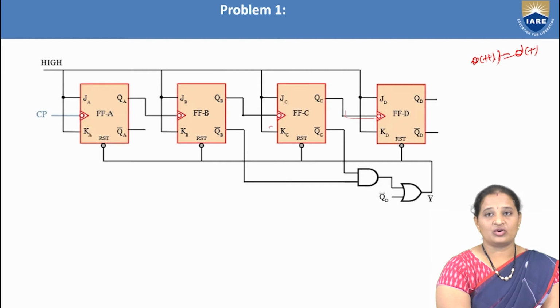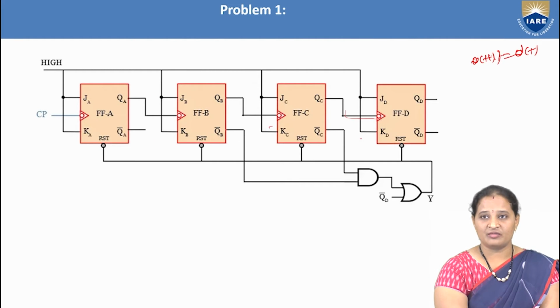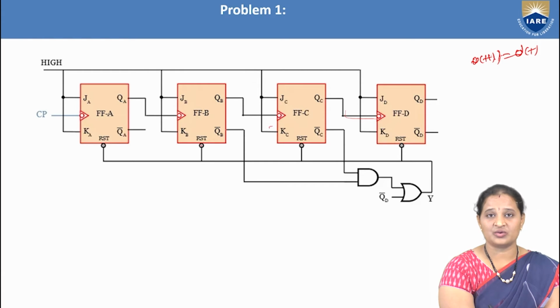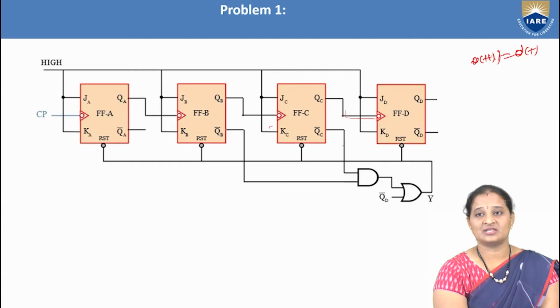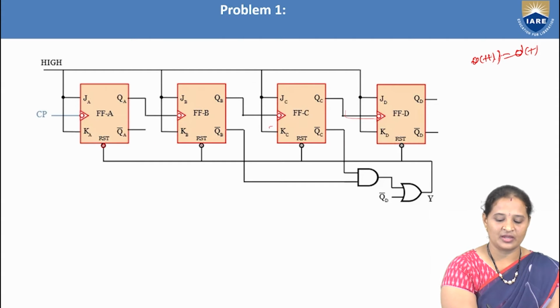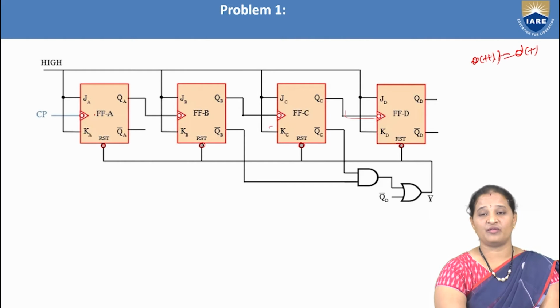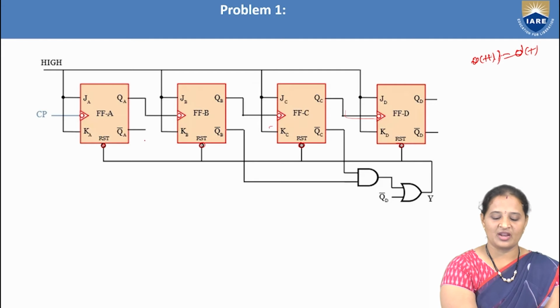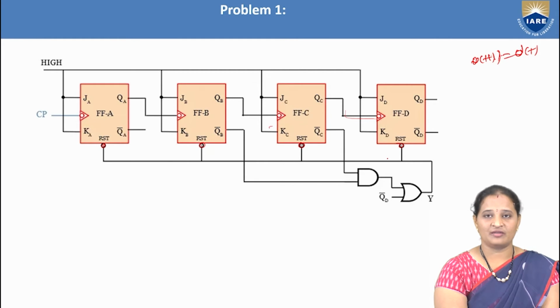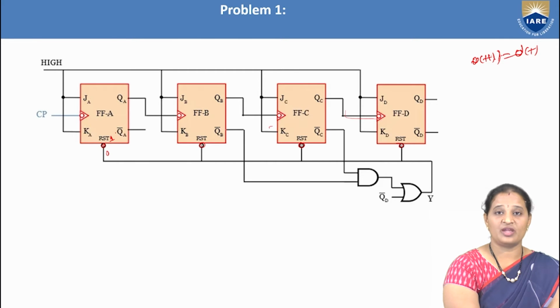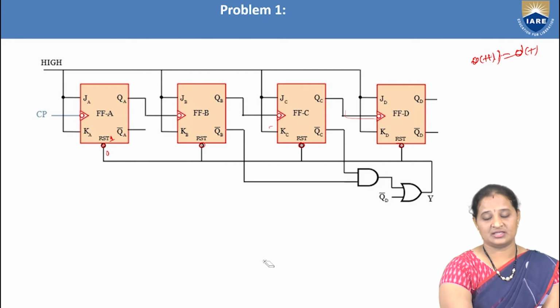And now we have the outputs, right? So we have another input to the flip-flops, which is reset. Reset is also known as clear, which clears the flip-flops. And as I told you, I am considering the reset input as active low, so that is indicated with a bubble here. Even the clock pulse is negative, which means the flip-flops are all negative edge triggered flip-flops. And I am considering the reset input as active low. So if it is 0, then only, when it becomes 1 before applying it to the flip-flop, does it reset the flip-flop.